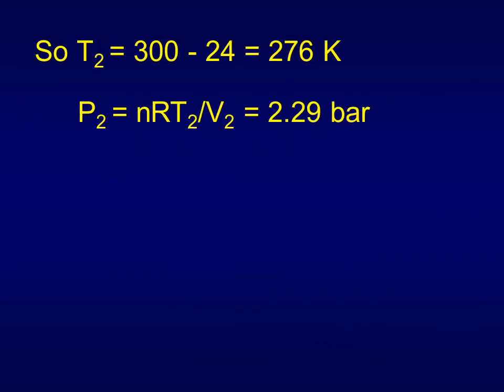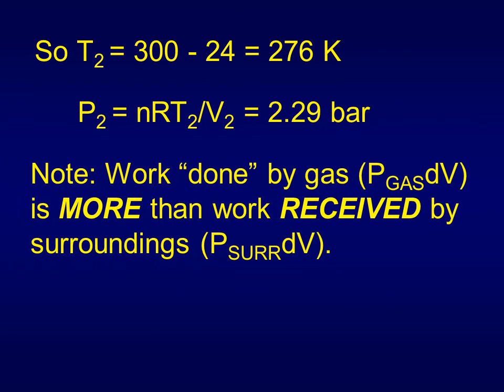So T2 equals 300 minus 24, or 276 K, and we can calculate from the ideal gas equation our new pressure, 2.29 bars. The work done by the gas is more than the work received by the surroundings, but that work wound up as friction and went back into the gas and wound up heating up the gas a little bit. Had we let that gas expand,